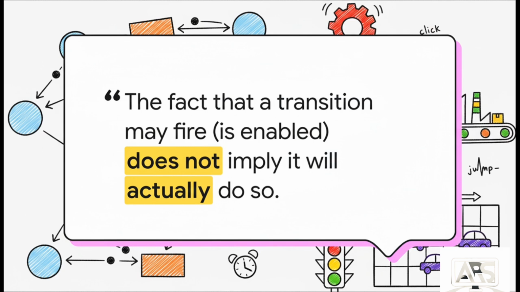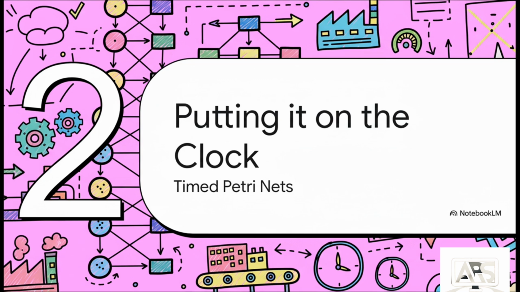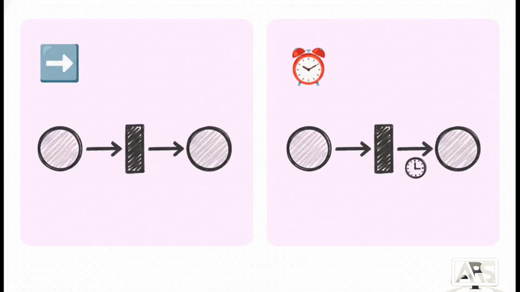All right, so we've got the sequence of events down. We can even handle choices. But what's missing? In the real world, things take time, right? Moving a desk is not instantaneous. To make our little game board actually useful, we have to add a clock. And there are basically 2 flavors here. A simple, logical Petri Net just tells you what can happen next in the sequence.